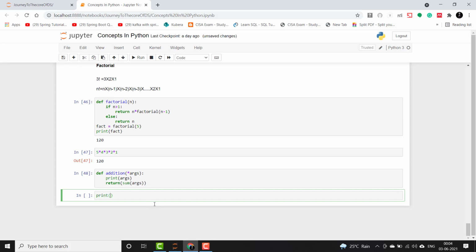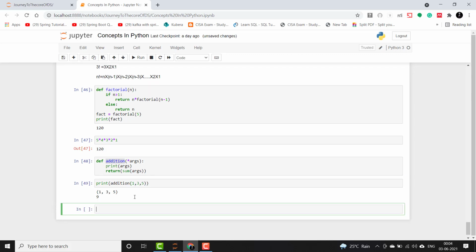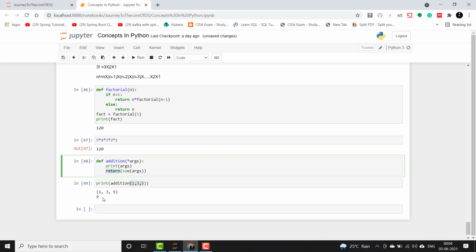I'll do print directly and then the function's name, and then I will pass the numbers I want to add. Let's say 1, 3, 5. You can see here that 1 plus 3 is 4, plus 5 is 9. So it has taken all these numbers and returned us the sum of it. There is a similar example of kwargs instead of args.